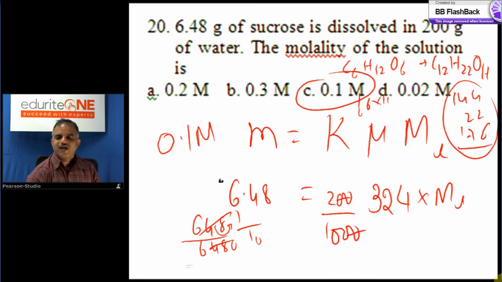Okay, how did I do that? I used a new formula, m is equal to K mu M. This you could have got, but I'm trying to save time. m is mass in grams, K is kg, mu is molecular mass, M is molality. I calculated the molecular mass. I don't want to add here. It doesn't come exactly, but approximately, I guess it is 300 and something. Then looking at this, I write a convenient fraction, half of it, because I need the answer to only 1 or 2 decimals. So just use this.